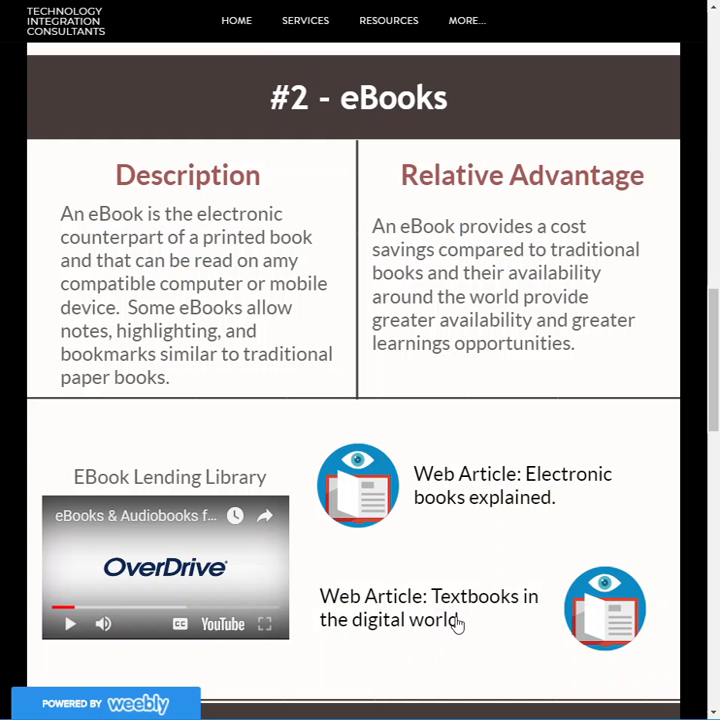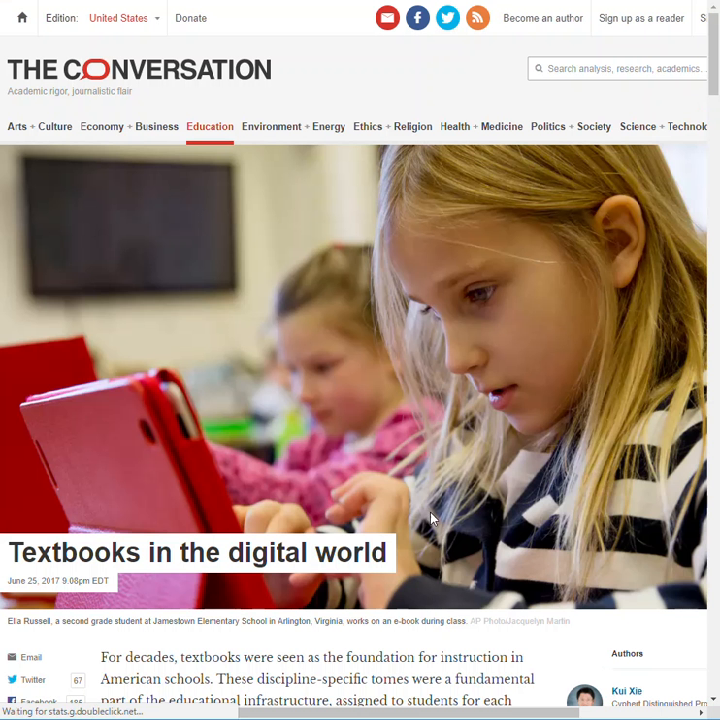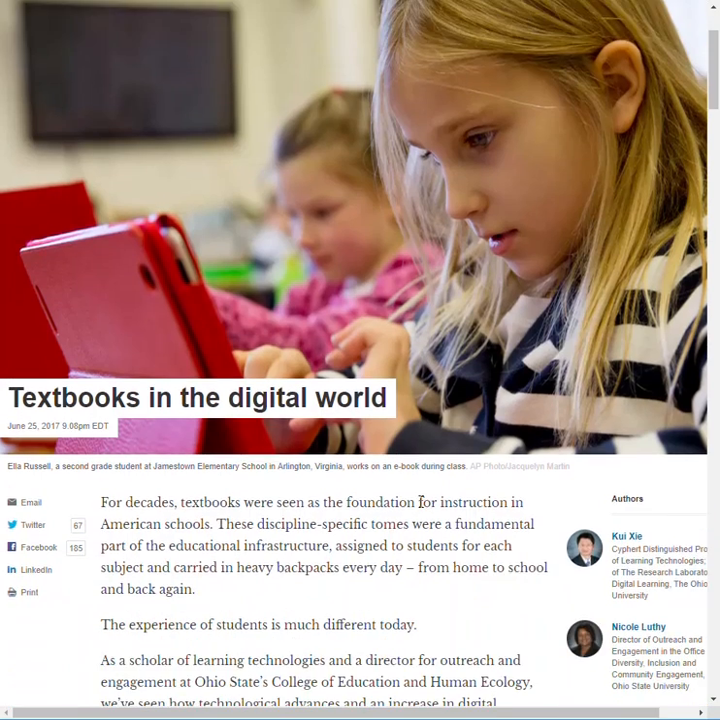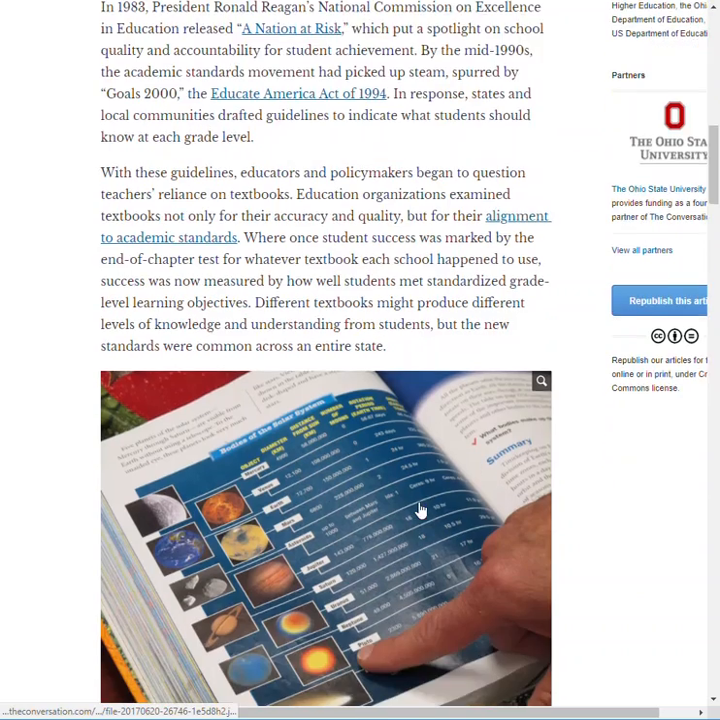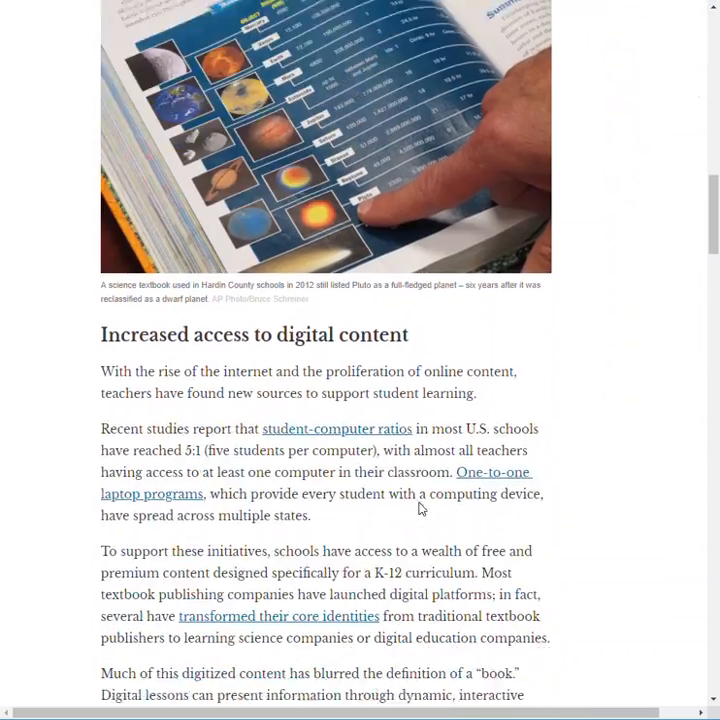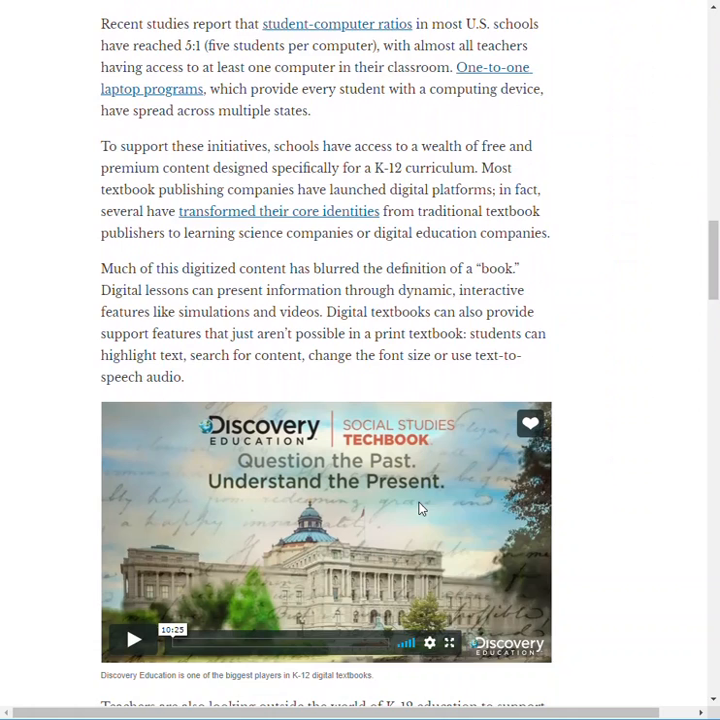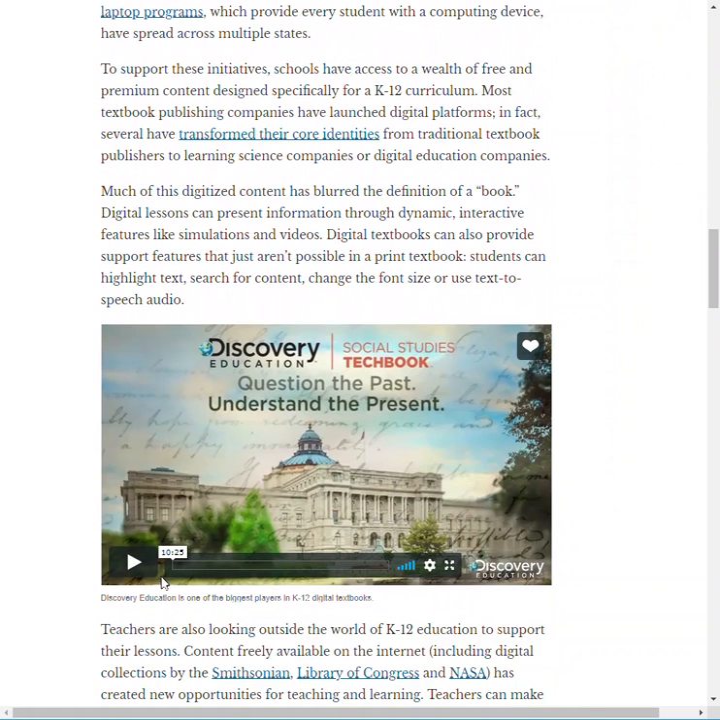Another article we have is Textbook in the Digital World. This is how ebooks are getting used today. Also, a lot of good information. There's a